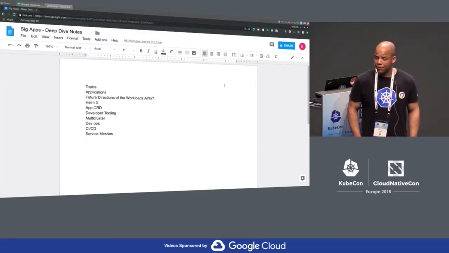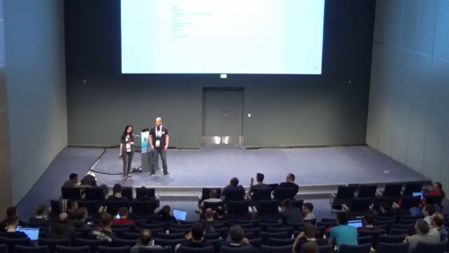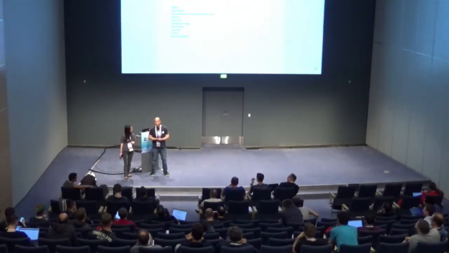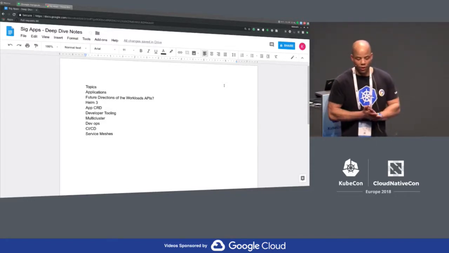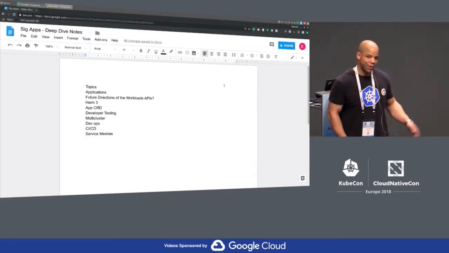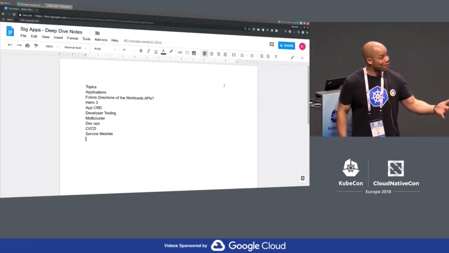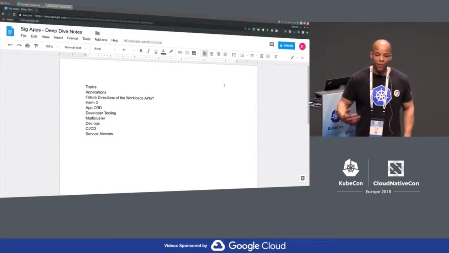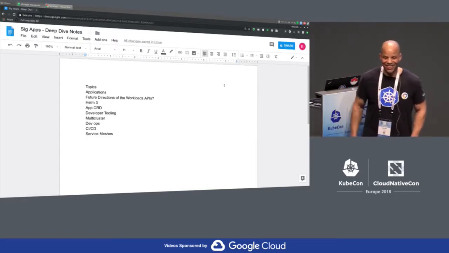So my question would be, what are the ways that people who haven't contributed much before could help out with this sort of discussion? On the application CRD, you can come to the repo, you can join the app dev working group, leave issues directly, comment on issues that are open. You can definitely open PRs. We will review them, not this week because we're all here, but at some point in the future. You can come every Monday morning, 9 a.m. PST, and participate in SIG Apps, which now I understand why it's at that time.